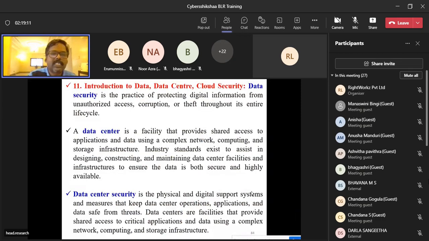And the last one is introduction to data center and cloud security. What is meant by data? Data is a raw material,